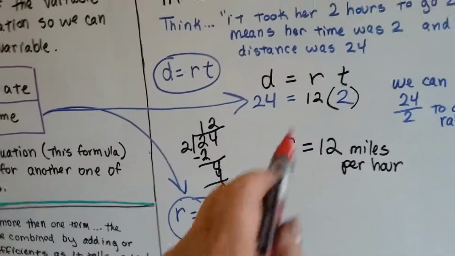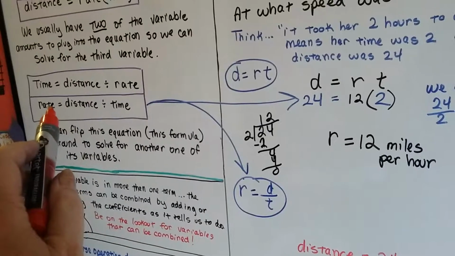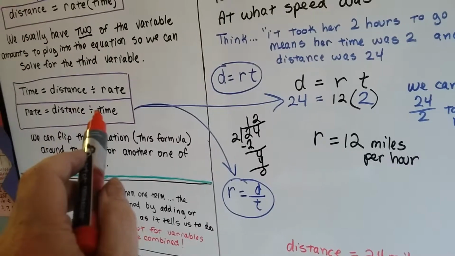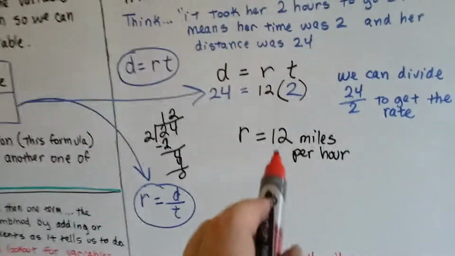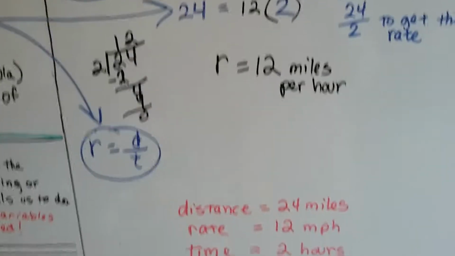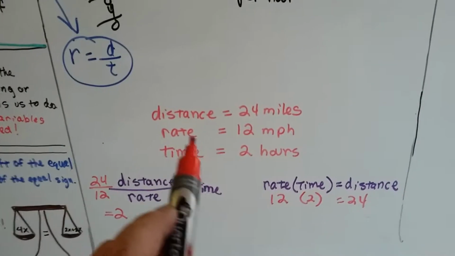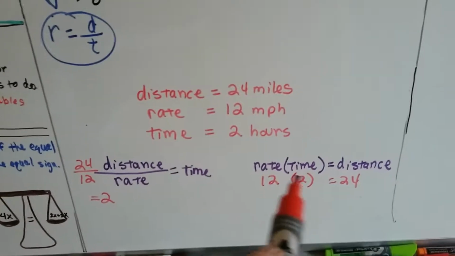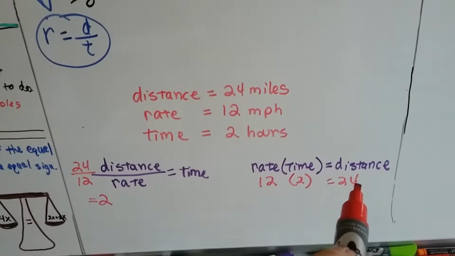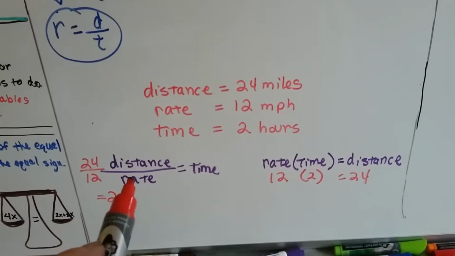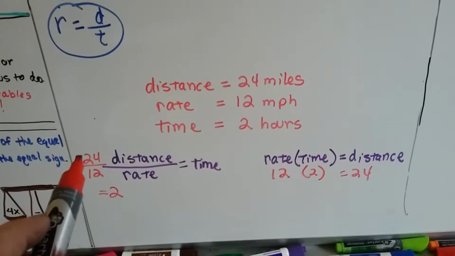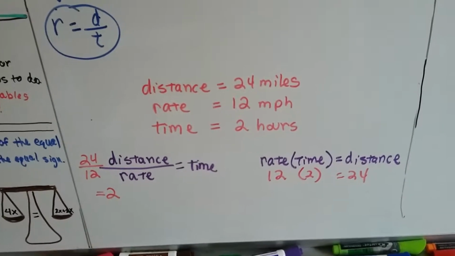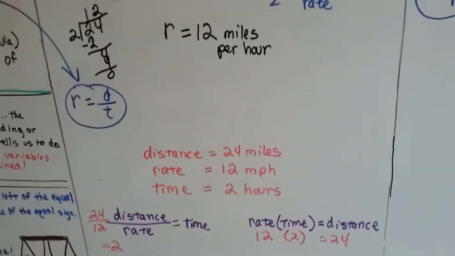And that's what we're doing for this one. The rate is what we're trying to find. Rate equals, so that's what we're trying to solve for, the R. So if we divide the distance by the time, the 24 by the 2, we'll get the rate, 12 miles per hour. See? So if the distance is 24 and the rate is 12 and the time was 2, you can see how we can flip this around. The rate times the time, the 12 times the 2, will give us the distance. Or the distance divided by the rate can give us the time. The 24 miles divided by her rate, how fast she went, 12 miles an hour, will give us the 2 hours that it took her. And we can just keep flipping this around to help us solve it.